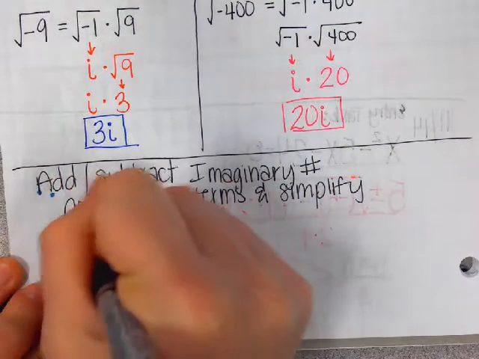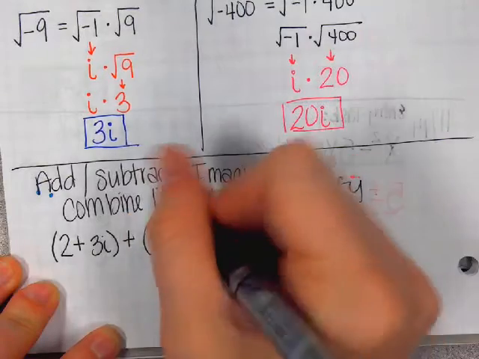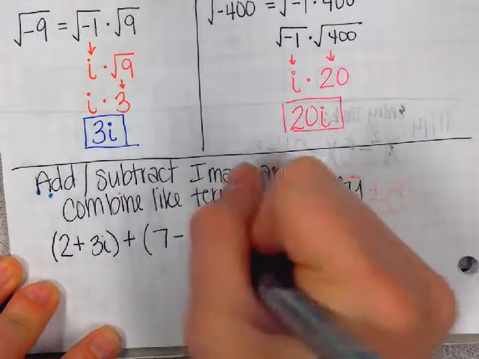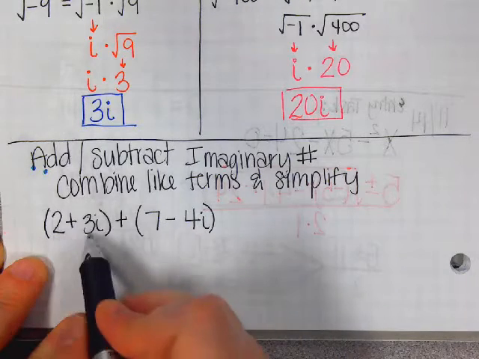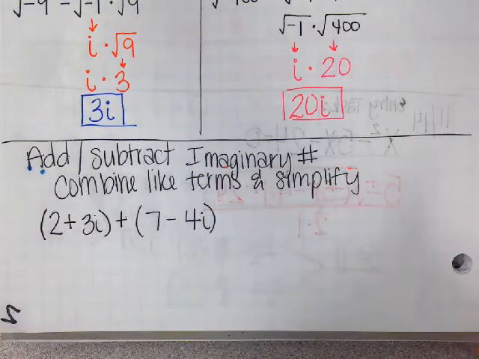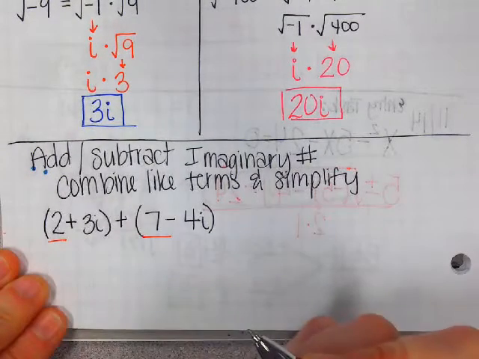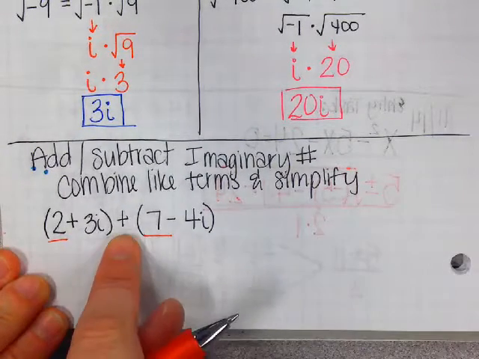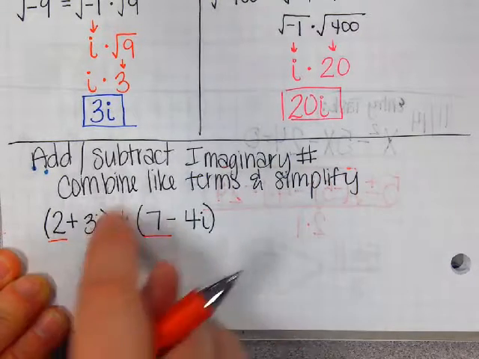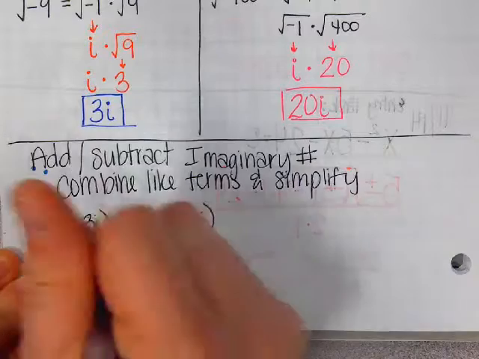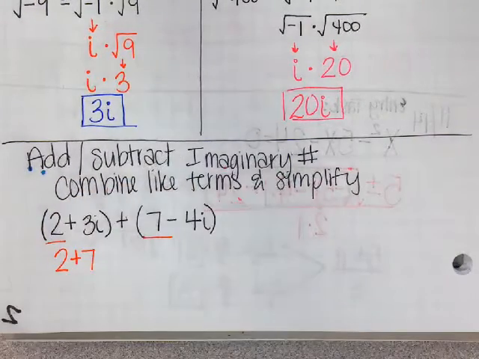So if I have 2 plus 3i plus 7 minus 4i. So it's the same thing as when you use x. You're just going to combine numbers with numbers, imaginary with imaginary. So 2 plus 7. And notice, sorry, I forgot to say this. This is an addition sign. So remember, if this was a subtraction sign, we'd have to distribute it. But since it's just an addition sign, you're just going to combine 2 plus 7